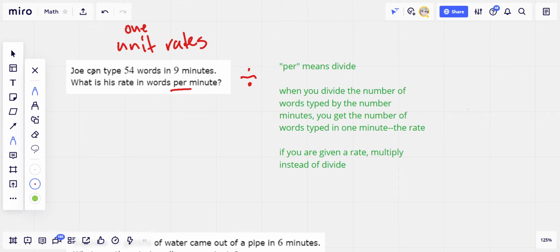So in this problem, it says Joe can type 54 words in 9 minutes. What is his rate in words per minute? That just means take words and divide them by minutes, and you're going to get the number of words per 1 minute, the unit rate. So let's go ahead and do that. 54 divided by 9 equals,